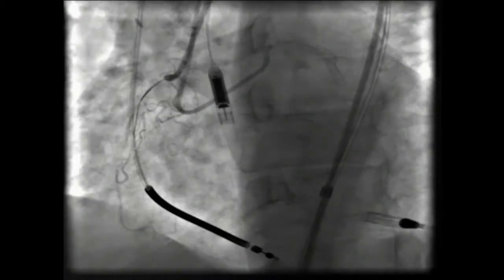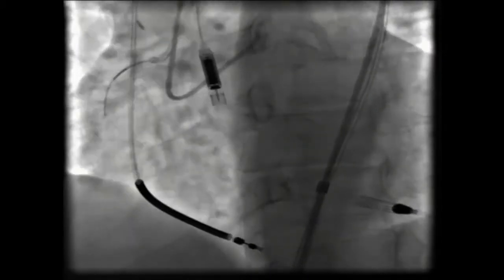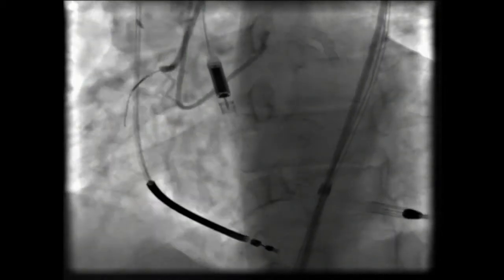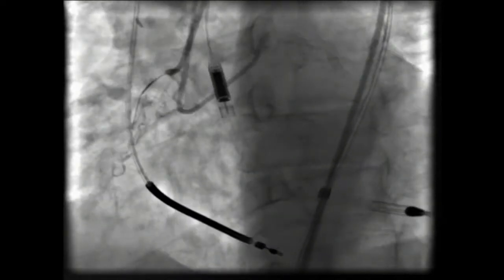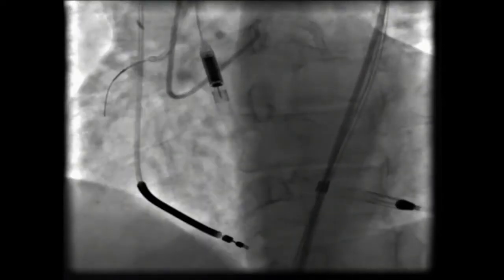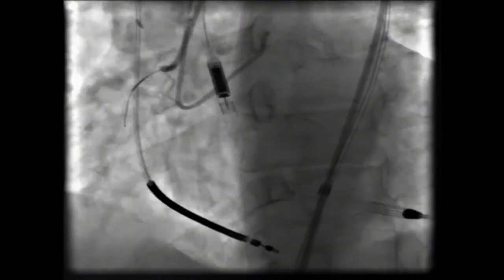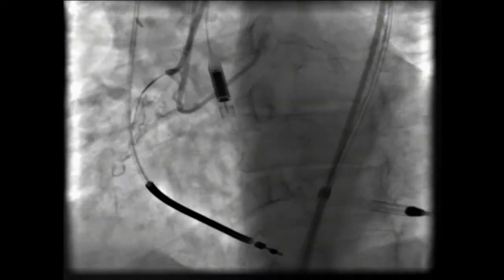This was this physician's first retrograde case. He had already tried this antegrade on a CTO of the right coronary artery, but this patient wasn't a surgical candidate because of comorbidities. He's in his 40s, which is a little unusual, and has an ejection fraction of 20%. And the first time they tried him antegrade, the wire went way offline, and the patient became very ill and ended up with a balloon pump and